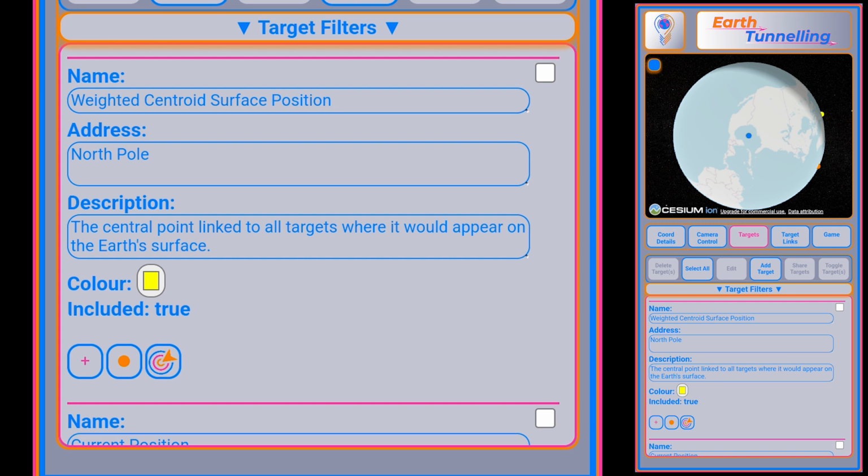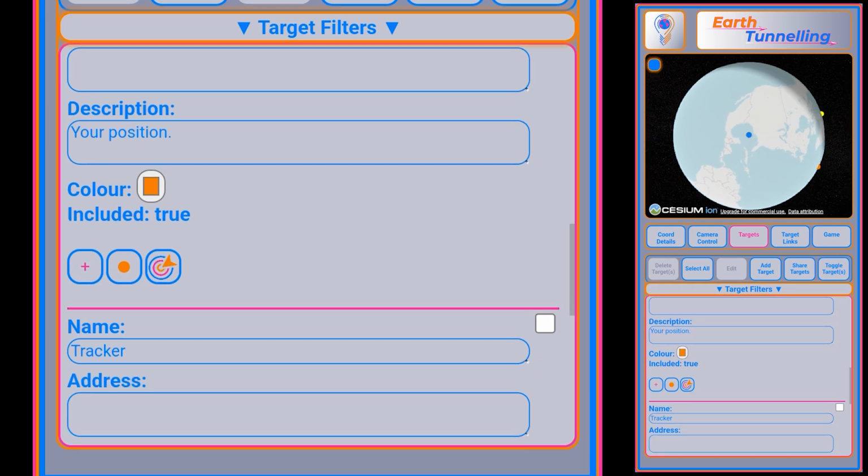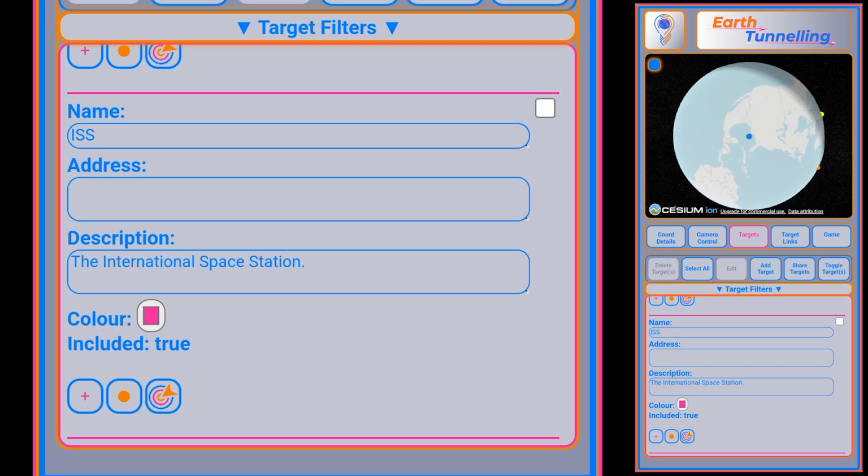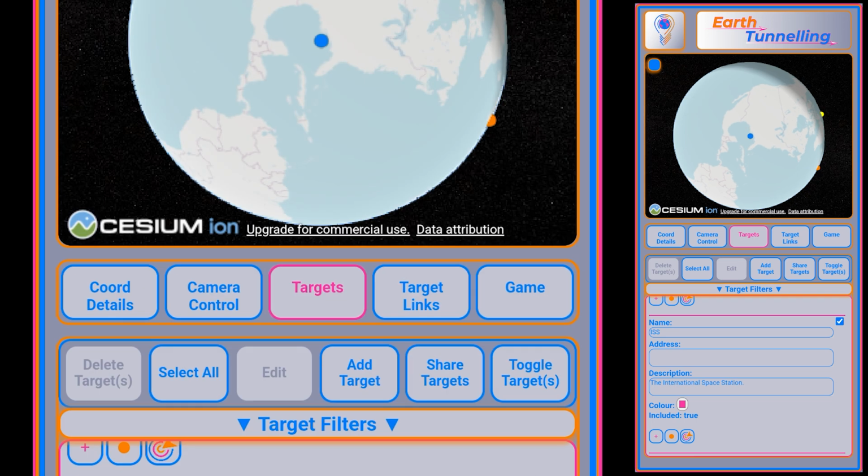Showing a position underground where many weighted centroids would be is not of much use to people. With this we can see where on the surface of the world the weighted centroid would be. Now before we start with this, I'm going to hide some of the other targets we have on here. So I'll select the current position, the tracker, and the ISS, the International Space Station, and I'll toggle those targets